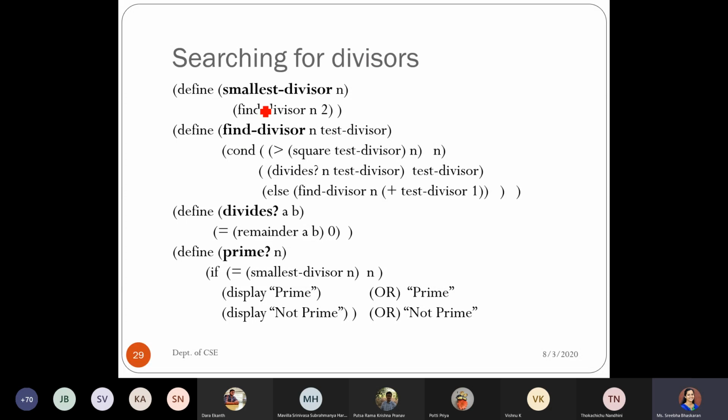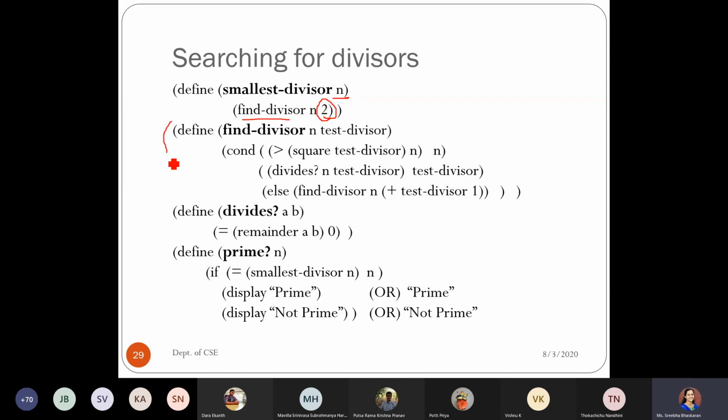I named it smallest divisor, where I'm asking for the n value from the user, for which n value I have to find the smallest divisor. And I'm calling the find divisor procedure, where I'm passing this n value and this 2. This 2 is nothing but my test divisor value. As I said, I will be starting the test divisor value with 2. So this I'm passing to the find divisor procedure.